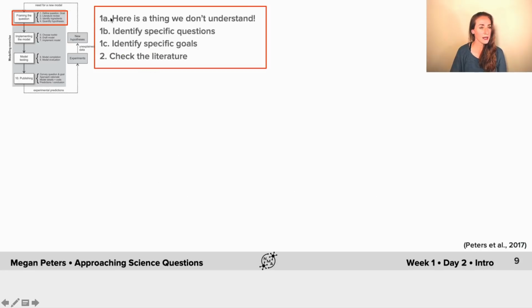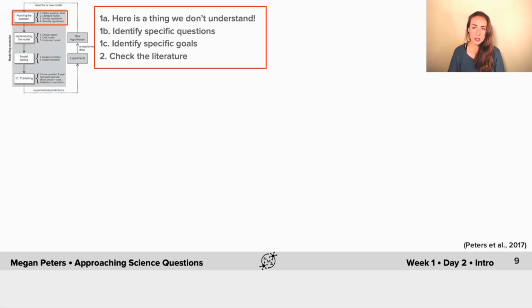I'm going to start adding numbers here now so you can keep up with the diagram, because it's going to get a little more complicated. So after we've done step one, which is what we just showed previously, our next step is, of course, to go check the literature, to check what's been done before, for inspiration, and to ensure that the modeling approach that we're going to build is really able to incorporate the insights and the knowledge from that previous work.